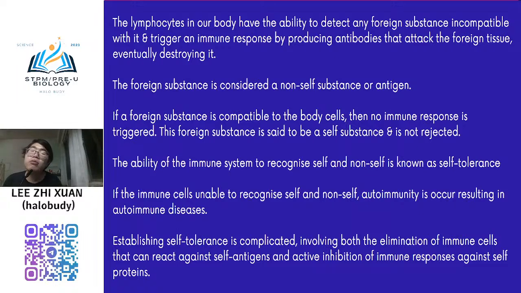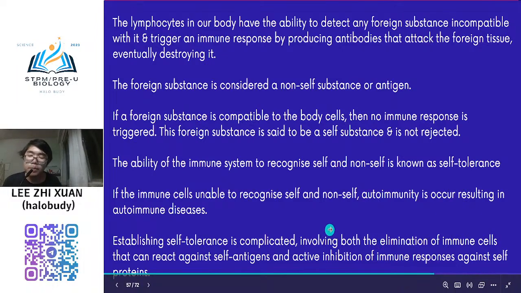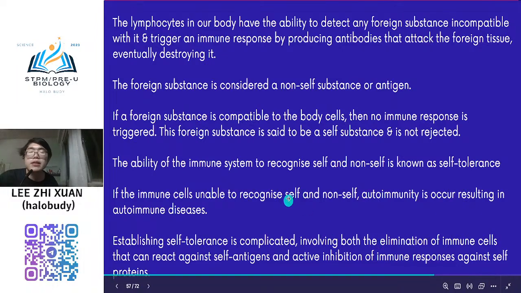In this concept of self and non-self, you need to know how our immune cells recognize self and non-self. Self means self antigen. Not only B cells, but any leukocyte, like basophils, neutrophils and macrophages too, will try to recognize it. If this is a self antigen, they will not engulf it and will not attack it. They will only attack non-self antigen. That is why you need to learn about self and non-self.